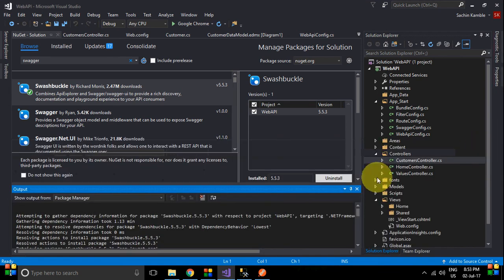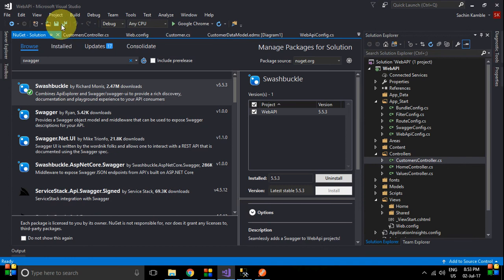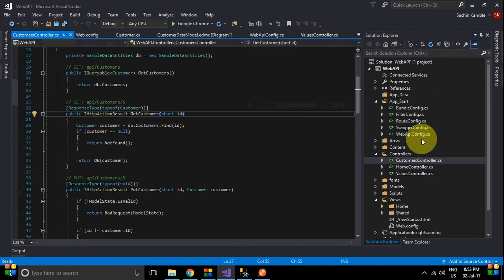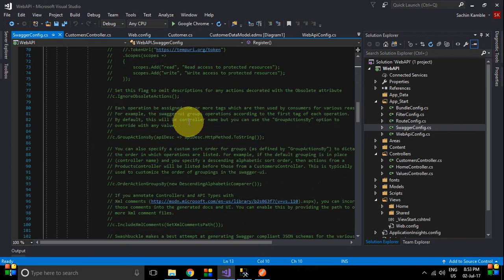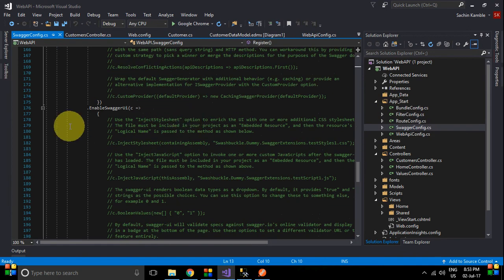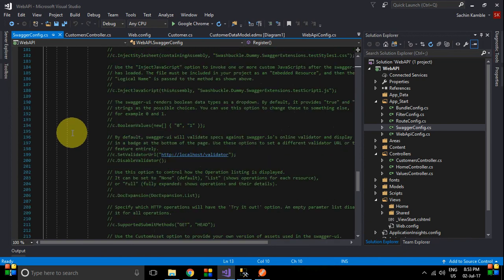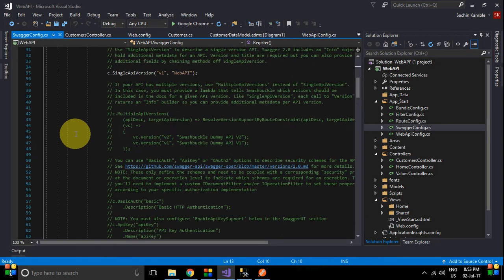Okay, so you can see here the Swagger config file is added to the App_Start, and this file is responsible for the Swagger UI.